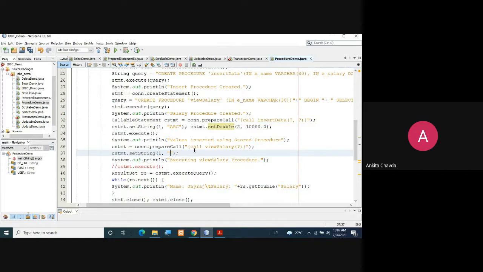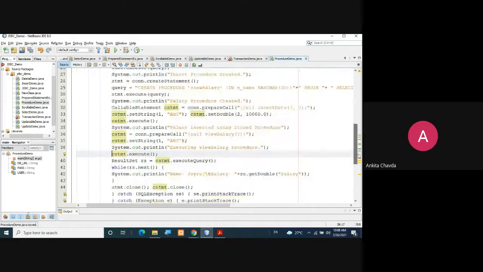That is up to you. Here I have created only two columns: one for employee name and the second for employee salary. Okay, so here I'm writing cstmt.setString(1, "abc"). So I want to know the salary of this abc named person. So your view salary procedure will be executed, and I'm simply executing this procedure again.